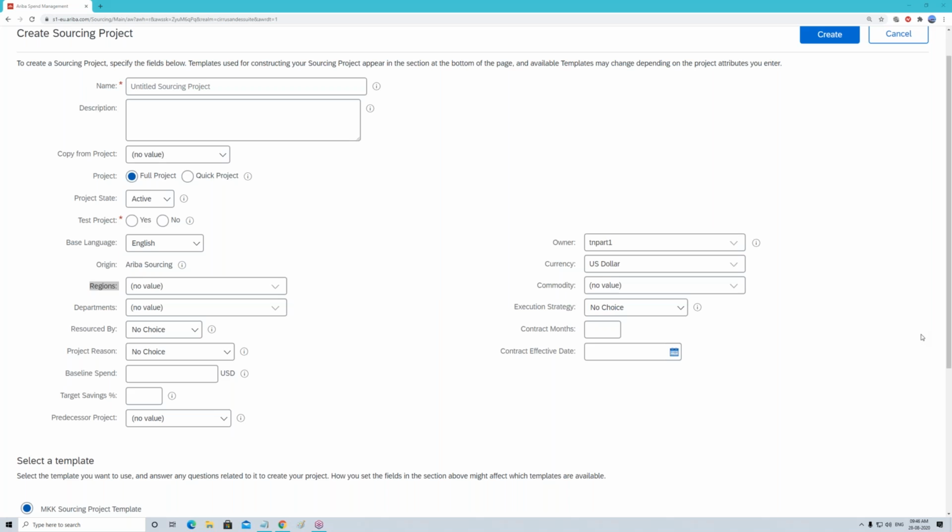And even for each and every supplier, the taxes will be there: GST, IGST, CGST, and all. Will all these things come in this sourcing project? No. That taxation part generally won't come in the sourcing project. This will basically come into your ordering section. That means when you create a PO, the tax calculation will come into the picture.